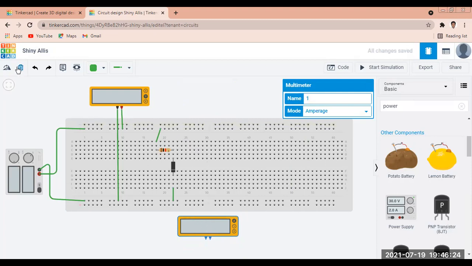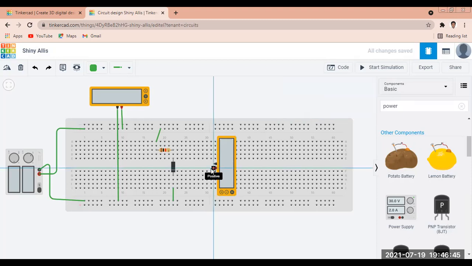So again I am rotating this, and keeping this one here the positive, positive with this one. So as it is all shorted,